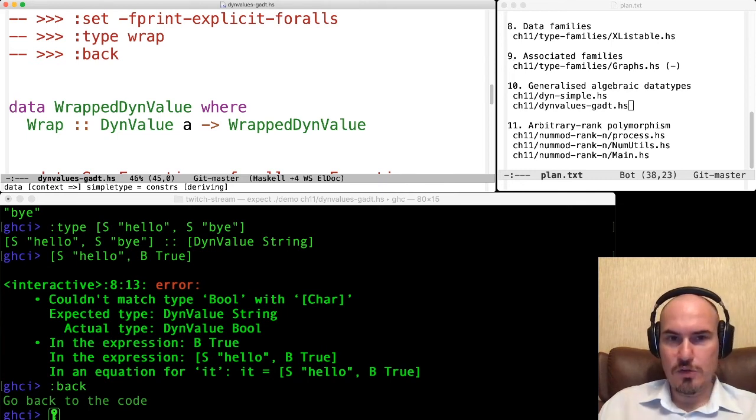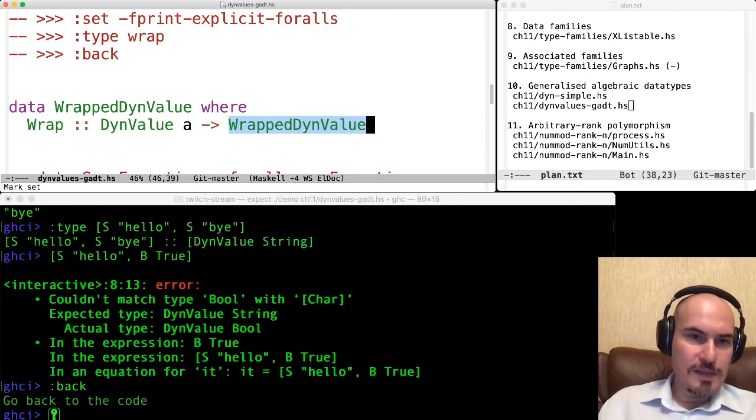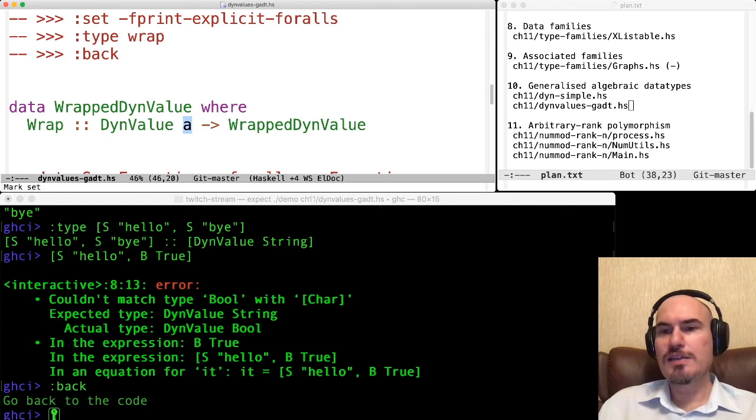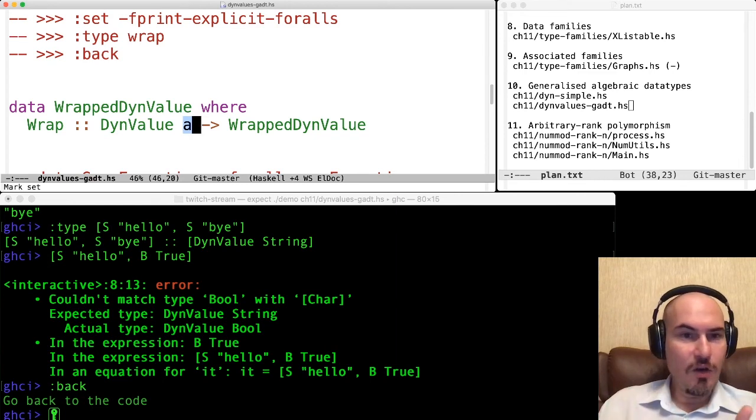This data type is also a GADT. We have the Wrap data constructor, and we have no type argument in the result. So this means that this type a is hidden inside. And once again, it is a GADT, and depending on the actual type here, we'll get a local constraint. It will be either bool or char, string, whatever, but it will be hidden inside the wrapped data type.